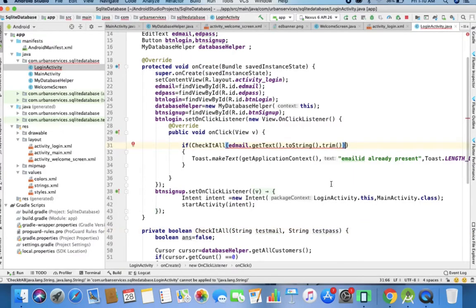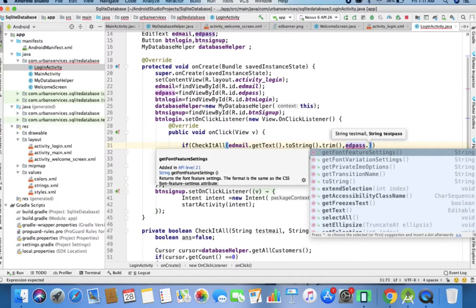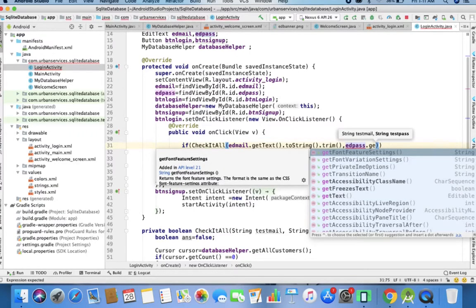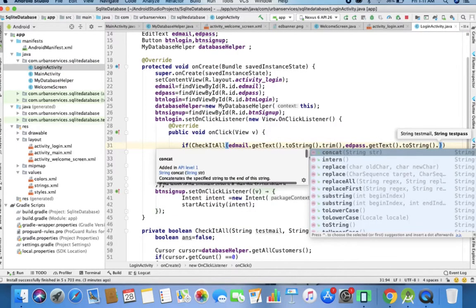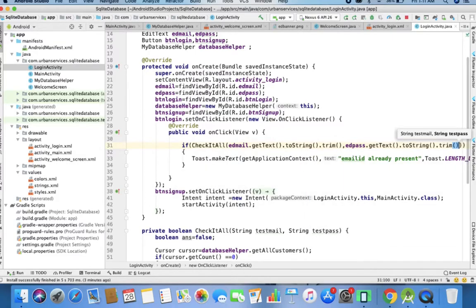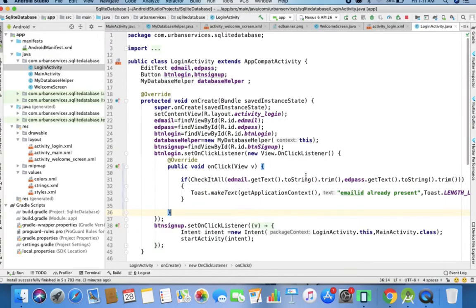So I write here, same way ed pass. This is just a little raw. I could have collected the information in some other variable and passed it, but that's also fine. Then edpass dot get text dot toString, and then I use the trim function. So now I'm passing these two things and these two things will be checked. Okay, I'll make further changes to the function. So stay